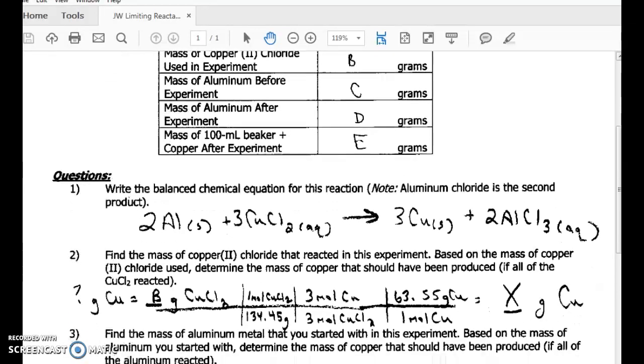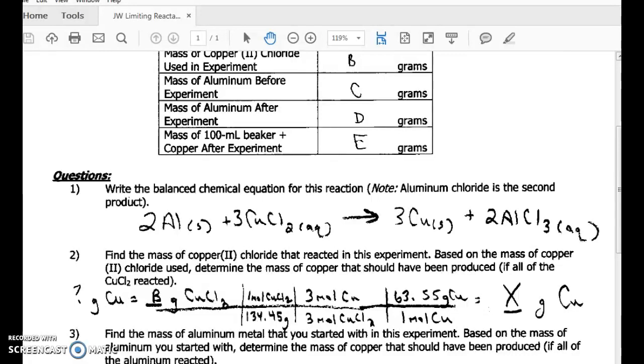So the first question asks you to use the mass of the copper 2 chloride to find the mass of copper that should have been produced. So the idea here is, if we used up all the copper 2 chloride that we weighed out, how much copper should be in the beaker on the last day of the lab? So we have our mass of copper 2 chloride that is in the data table as letter B. And so my dimensional analysis setup is how many grams of copper are equal to B grams of copper 2